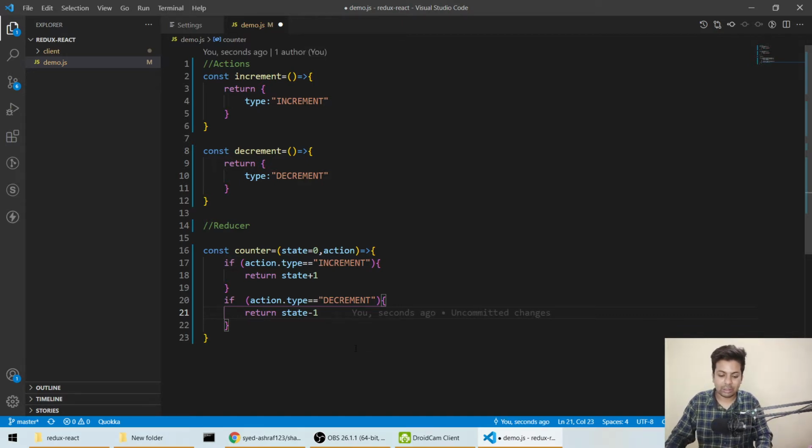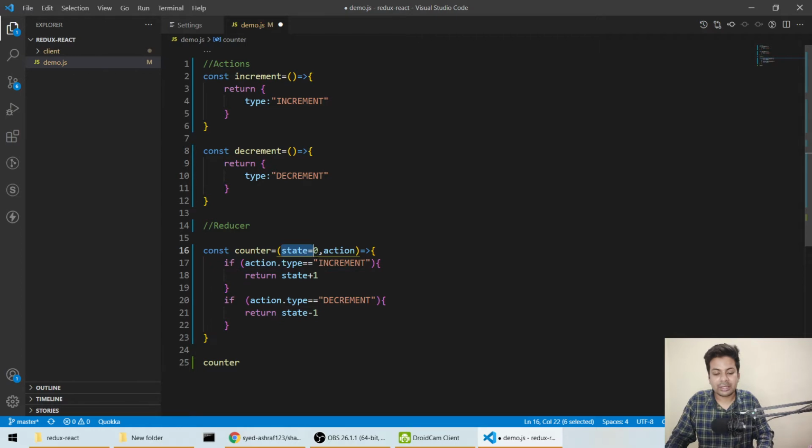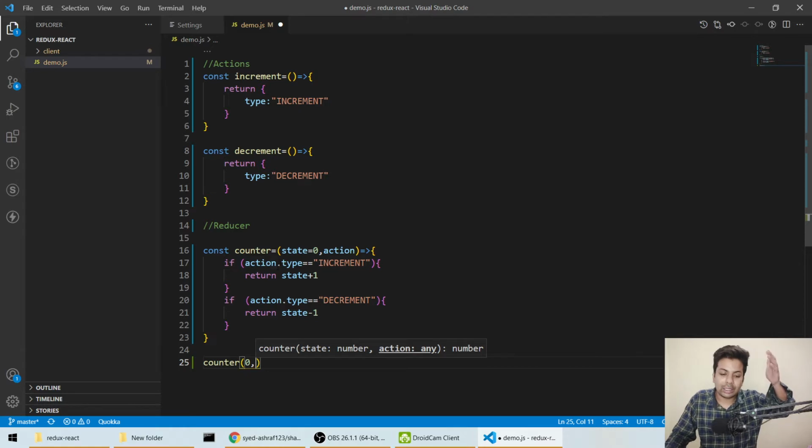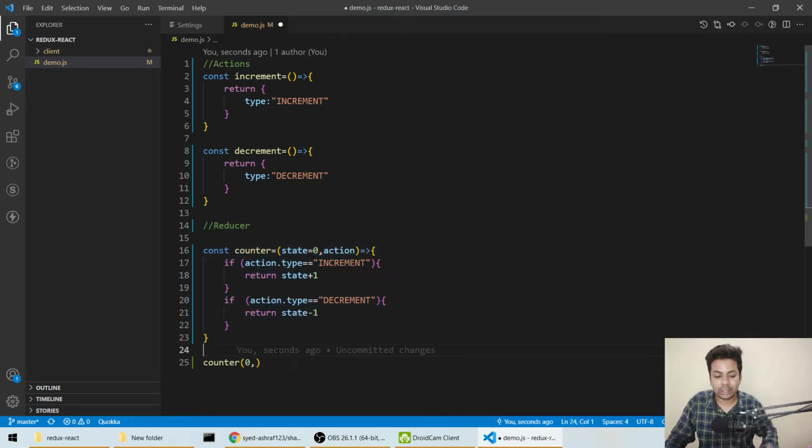Now if we call the function, we'll call counter. Counter is taking the state variable, so the state will give 0. In real usage, when you call increment, you'll call it directly, not like this, but to explain, I'm calling it this way. So we'll say counter with 0 and action.